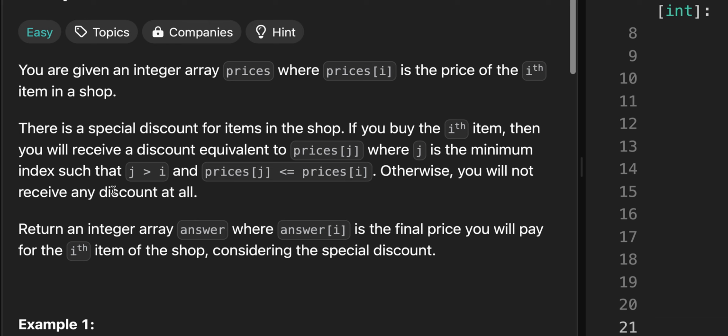Let's solve Leetcode 1475, final prices with a special discount in a shop. We are given an integer array prices where prices[i] is the price of the ith item in the shop. Okay, that's fair enough. There is a special discount for items in the shop. If you buy the ith item, then you will receive a discount equivalent to prices[j], where j is the minimum index such that j is greater than i and prices[j] is less than or equal to